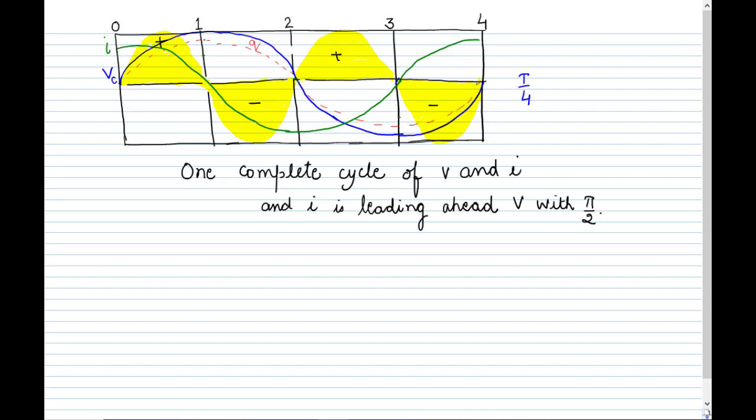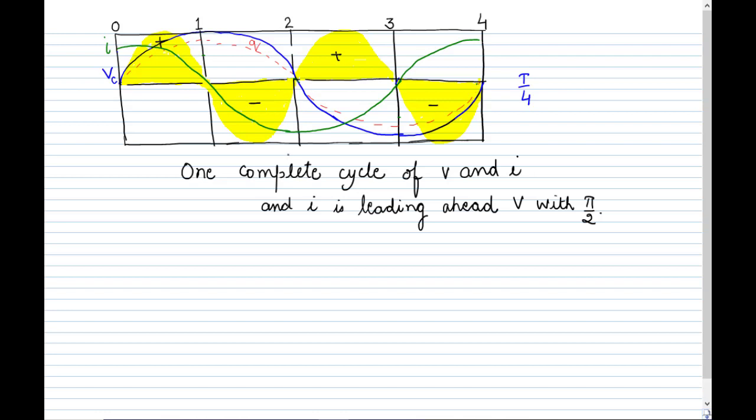And then with the green color, you can see the current. So current is already pi by 2 ahead. That means it will start from here. So it goes like minimum 0, then maximum negative, then 0, and maximum positive. So this green curve shows one complete cycle of the current, and the red one is given for the charge. And if you see the power, the power is shown in the yellow parts. It is the positive amplitude and it is equal to the negative here, then one more positive and it is equal to the second negative. So in this way the average power comes out to be 0.